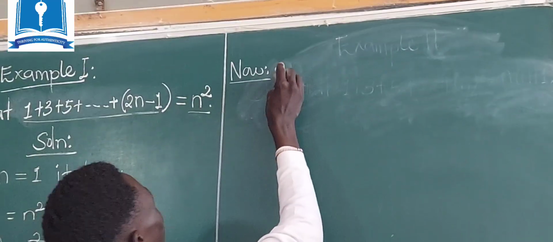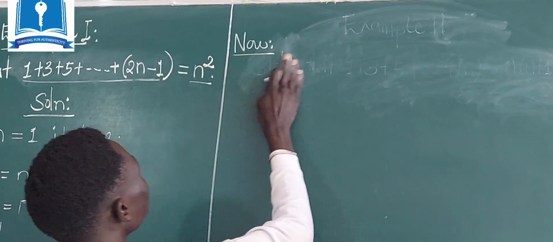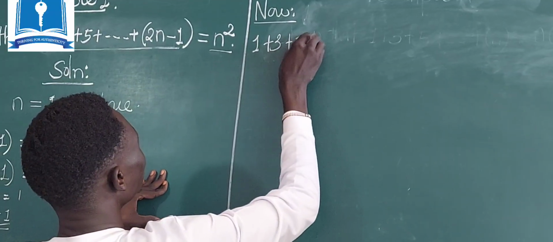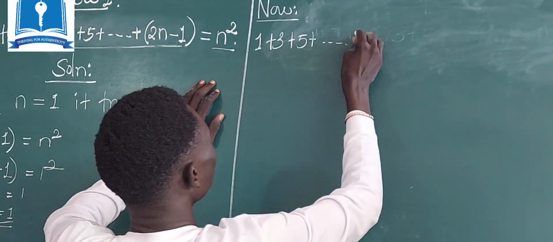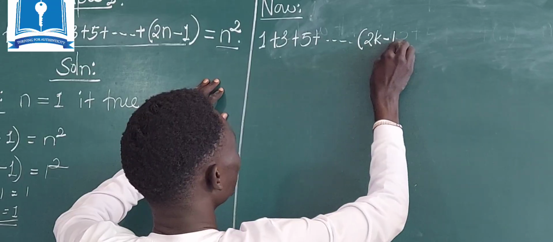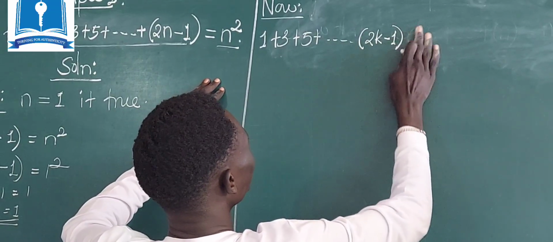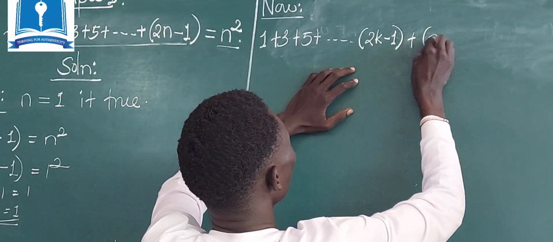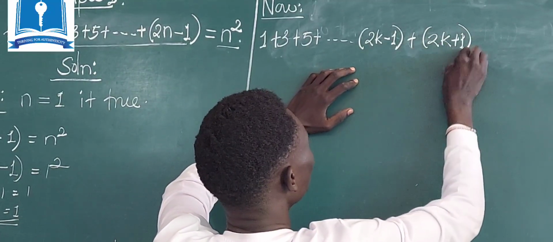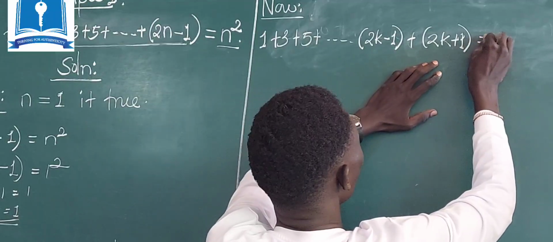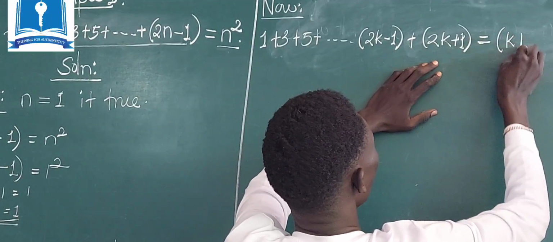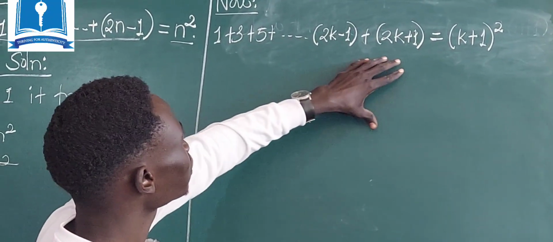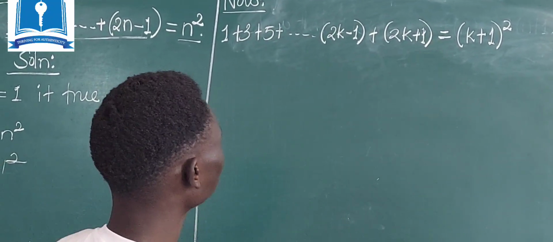Then now will be 1 plus 3 plus 5 plus we have 2 minus 1, then plus we have 2k plus 1 that equals to k plus 1 squared. Okay, so now since we have solved this, let us see